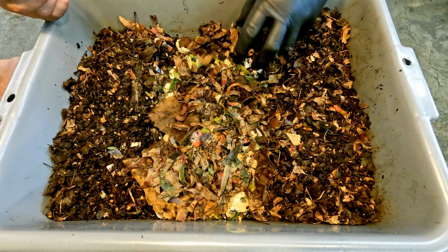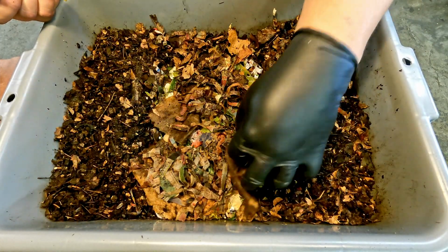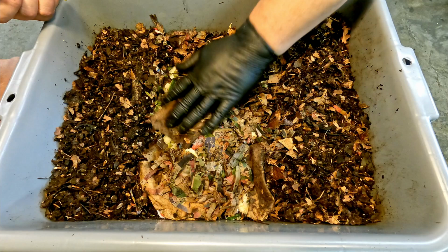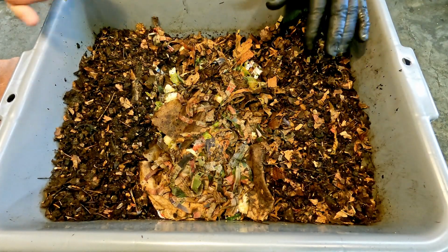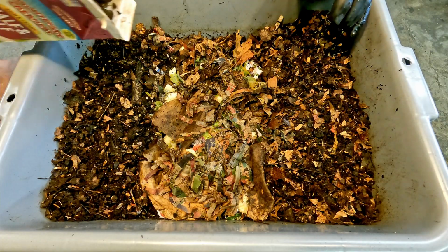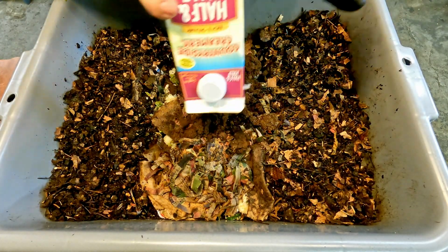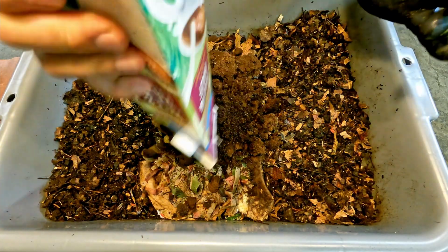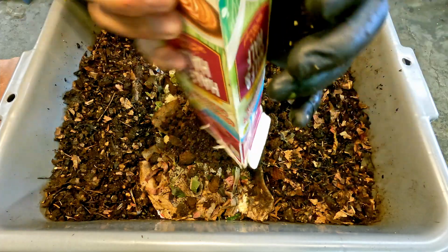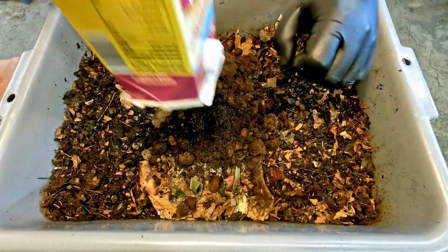So all this old bedding piled on top of the feeding area should make for a real cozy spot for the worms to come hang out in. The other bedding that I plan on adding, oops, but you know what? I almost forgot to add the extra thing I carried down here with the hopes of doing away with it. I guess this was really kind of going to be that extra amount that makes me feel like I semi-overfed